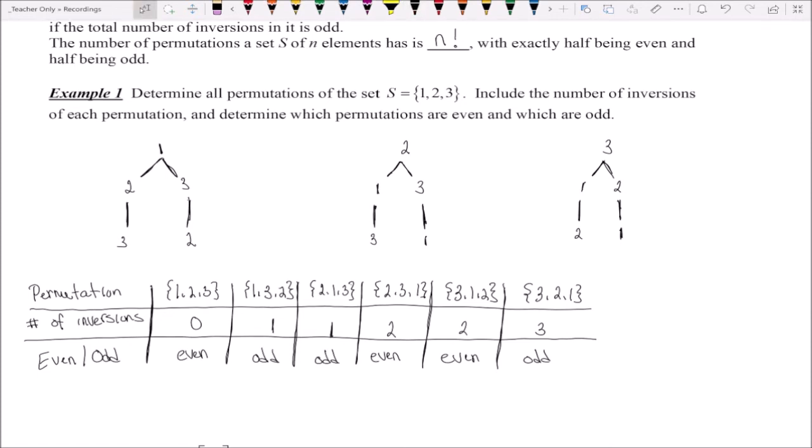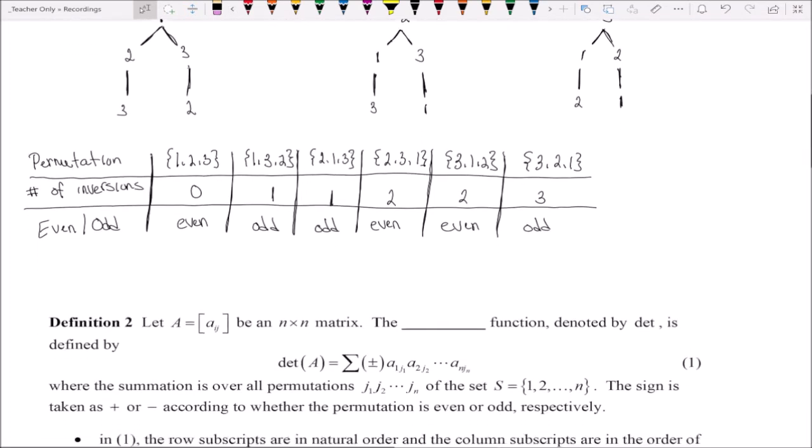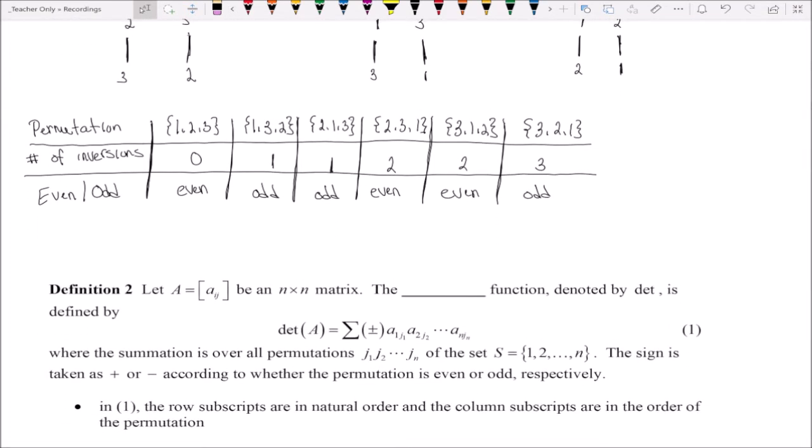Now that we have the idea of permutations down, we can define the determinant. So let A be an n by n matrix. So it's important: the matrix that we are dealing with is a square matrix. The determinant is a function. So the determinant function, which is denoted by det,